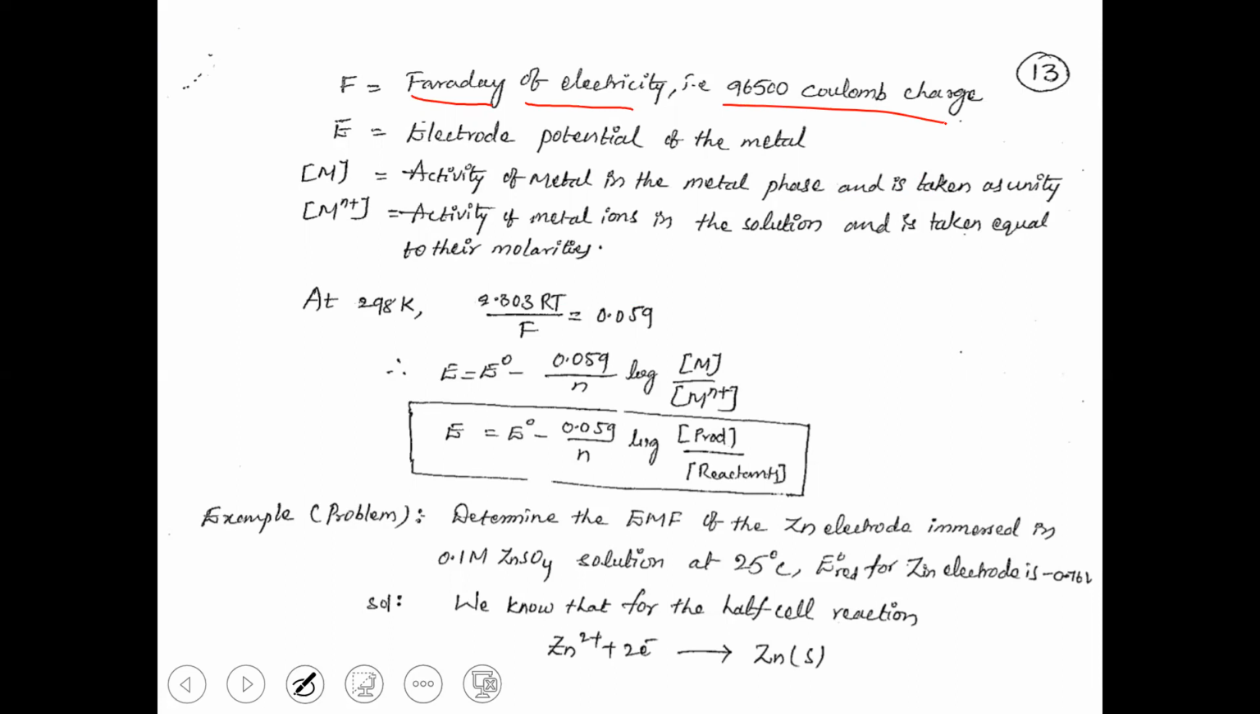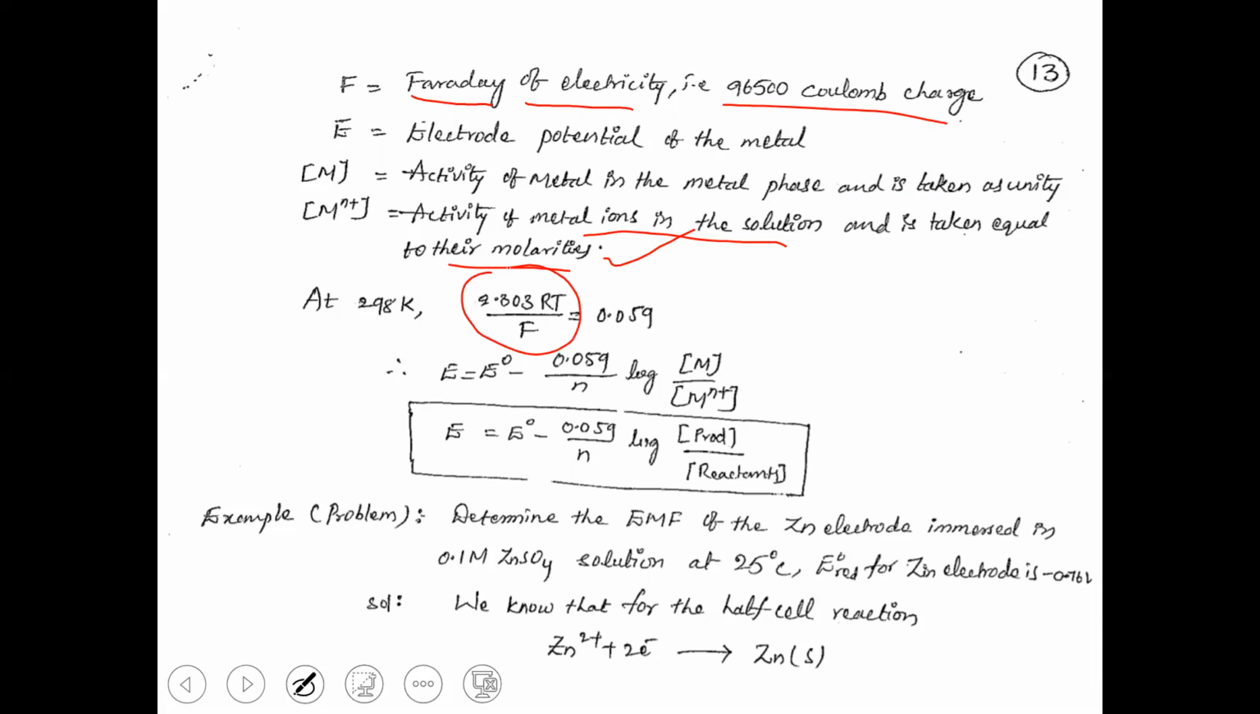Then what is E? E means the electrode potential of the metal. What is the concentration of M? That means activity of the metal in the metal phase, and it is taken as unity. And what is the concentration of M plus? That is equal to the activity of the metal ions in the solution, and it is taken as the molarity. Now here at 298 Kelvin,